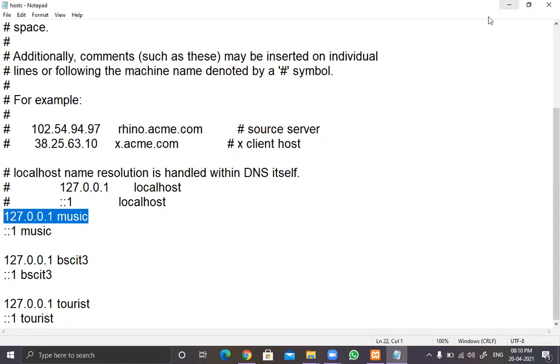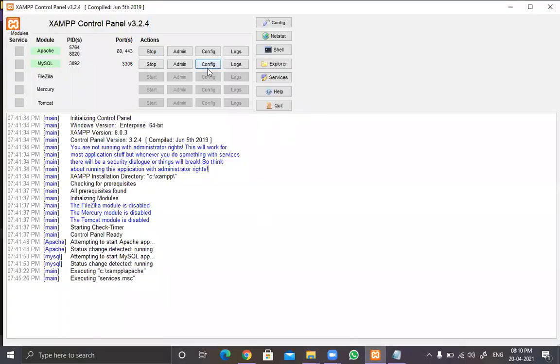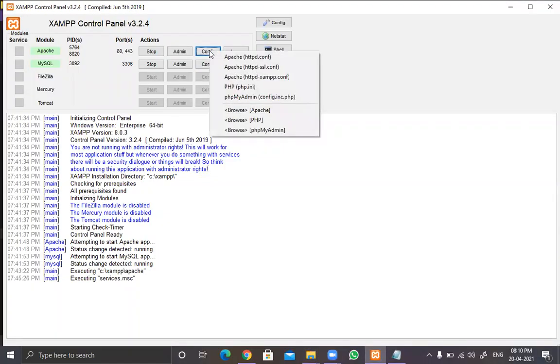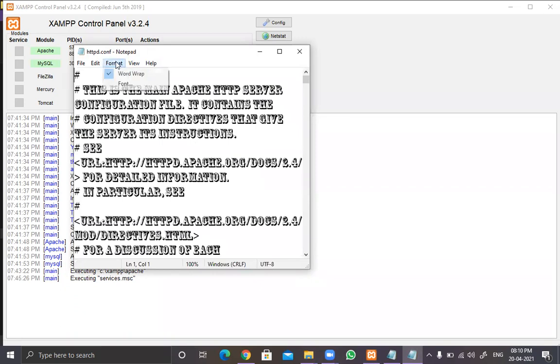So how to do that? Open your XAMPP server and go to its config, and here go to Apache config, httpd.conf. So this opens this configuration file. Again, some font problem here.